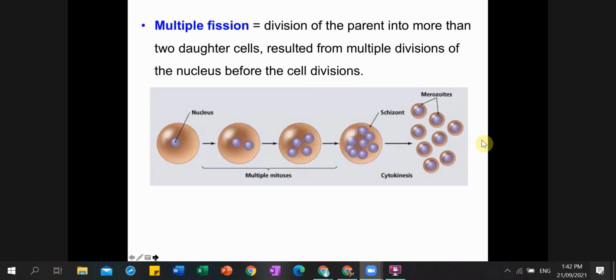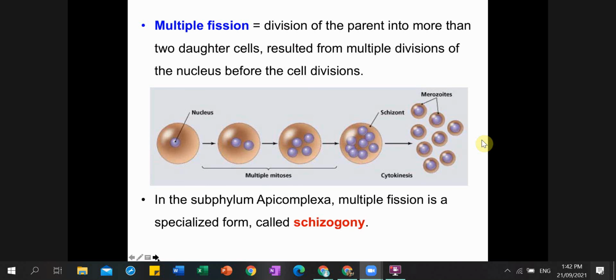Is it clear here? Yeah. Okay, so this is also a kind of asexual reproduction, but it's out of your conventional knowledge. Usually you see one cell into two, right? Here, one cell immediately becomes thousands of cells. We call it multiple fission. And they also have a different name for that. They call it schizogony. And that term is only applicable to a group of protozoans that we call the subphylum